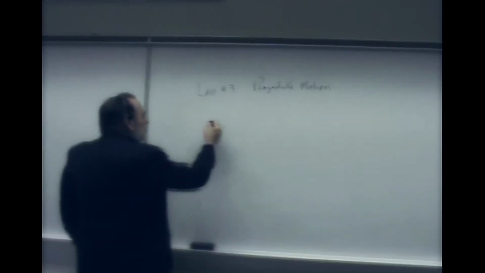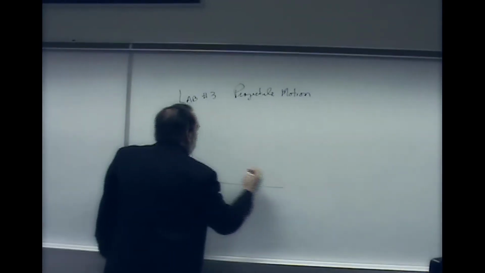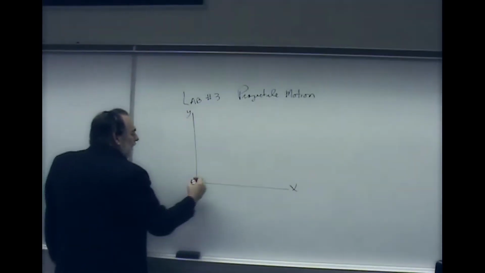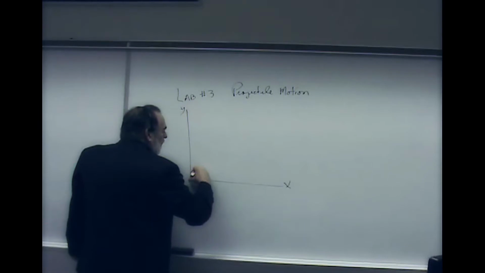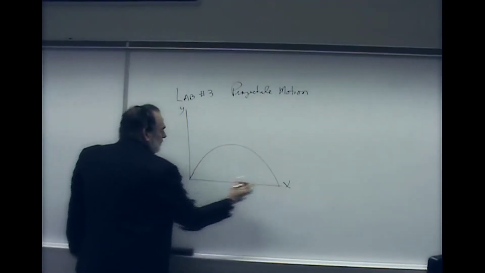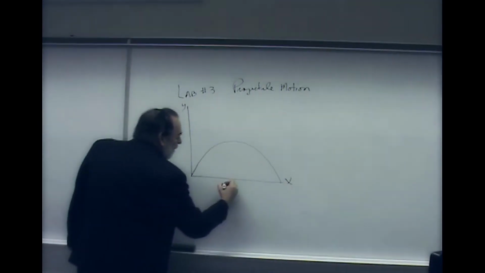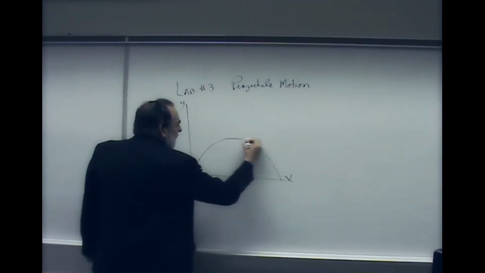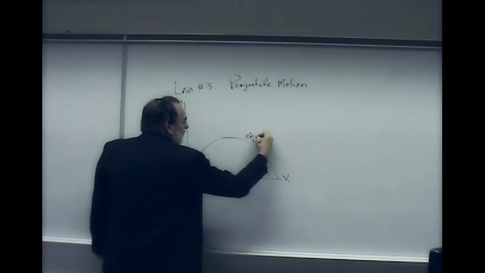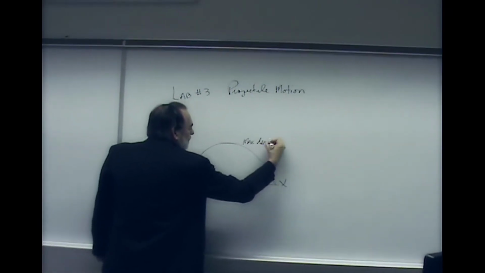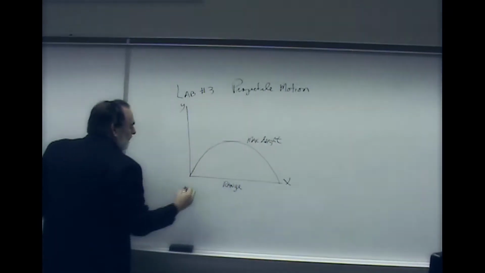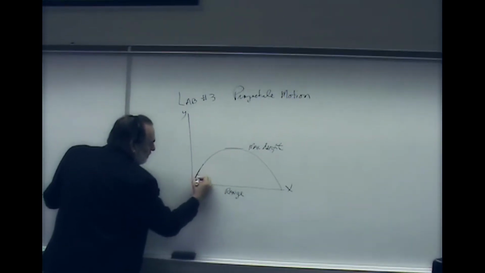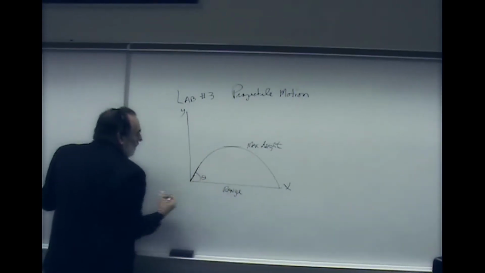Projectile motion is motion in 2 dimensions, the y and the x. And when I launch something, I have a range, how far it goes. Of course, there is a maximum height. And how far it goes and how high it goes, of course, depends upon the angle I launch at